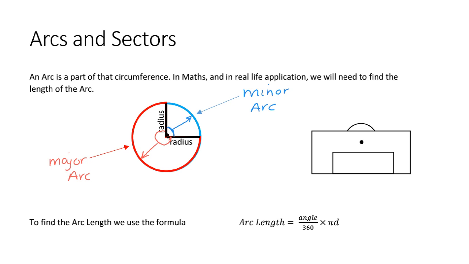In day-to-day life, we see arcs all the time. Think of a football park and think of the penalty box. On every penalty box, we have got an arc. We can't see the rest of the circle, but it would come down here. There is a way to calculate that arc length. What we would need is the distance from the penalty spot, because the penalty spot is the centre of the circle it would create. We need to know the length of the radius,